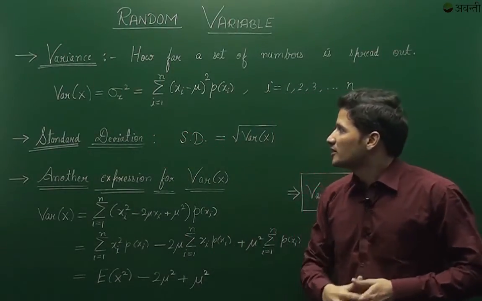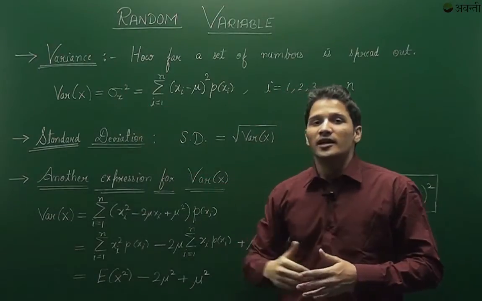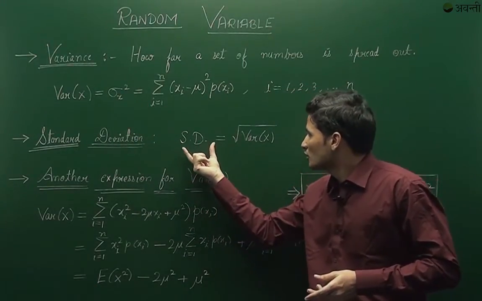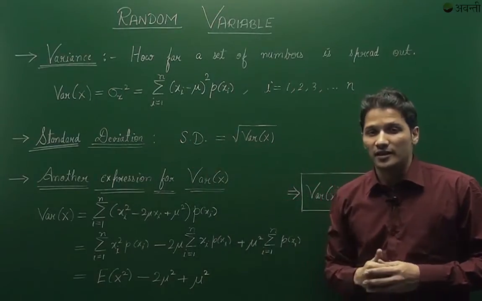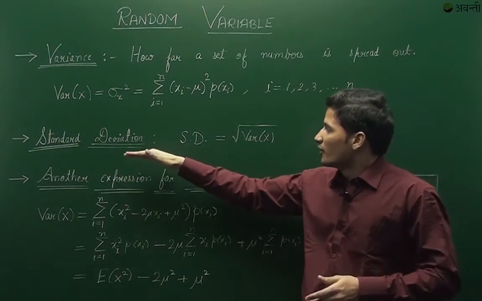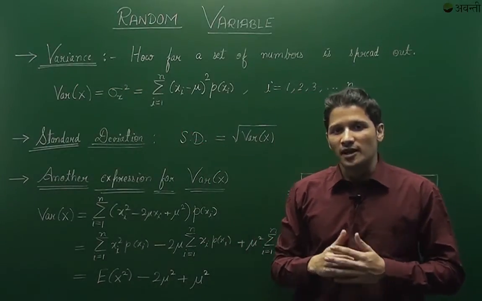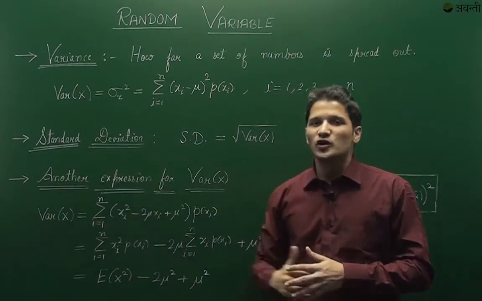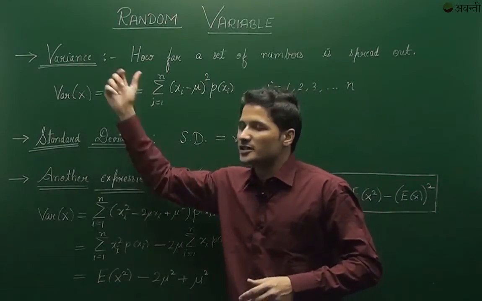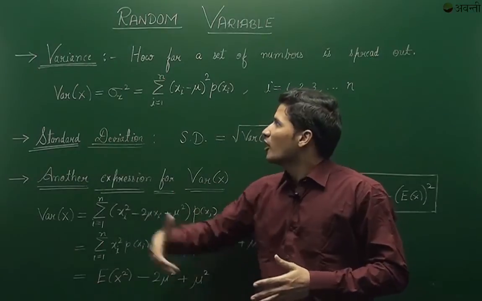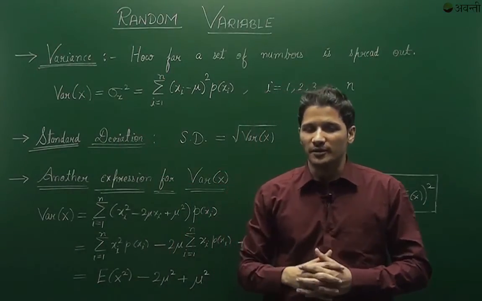And in this expression, this sigma x square is nothing but a standard deviation, and we can find it out using this expression, that is square root of variance is standard deviation. Now, what is the difference between standard deviation and variance? In practical sense, sometimes this value is more useful and sometimes variance is more useful. So depending upon our needs, we either use standard deviation or we use variance of random variable.